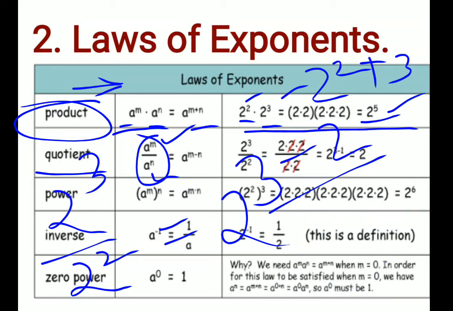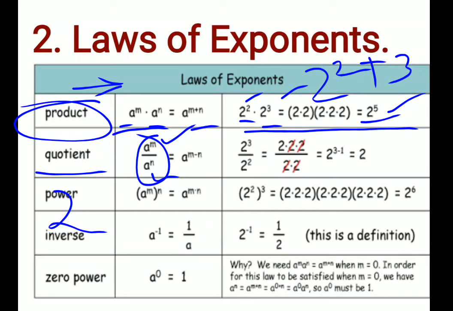So this is the way to write the second law, that is the division. Whenever you have the same base, the power will get subtracted if it is in division form. But whenever you have the same base and it is in multiplication form, the power will get added. So next was your division, whenever you have the same base. You can see the example here: 2 cube by 2 square. They have just done this in a different way, but I can show you this in this way also.